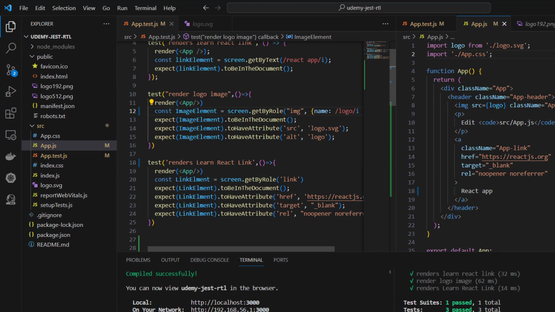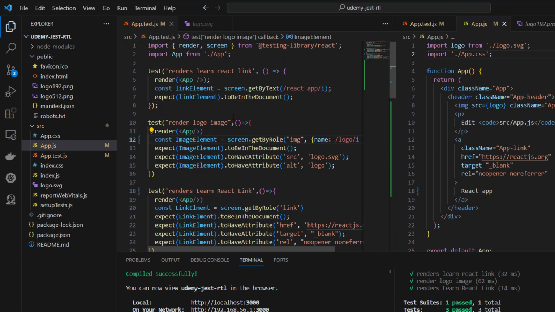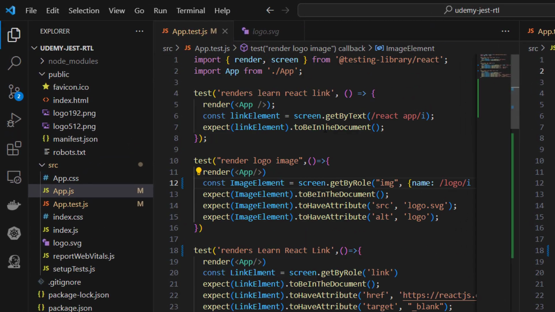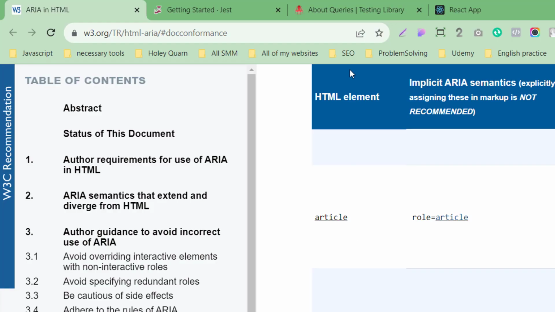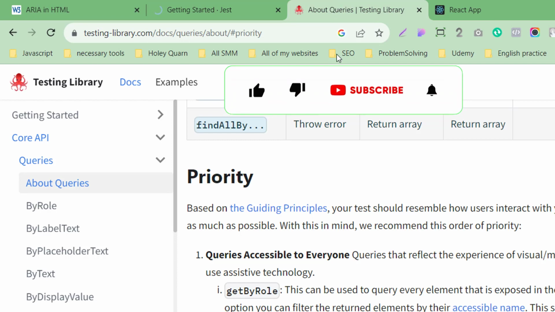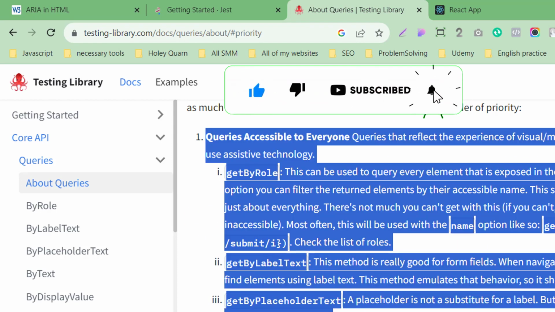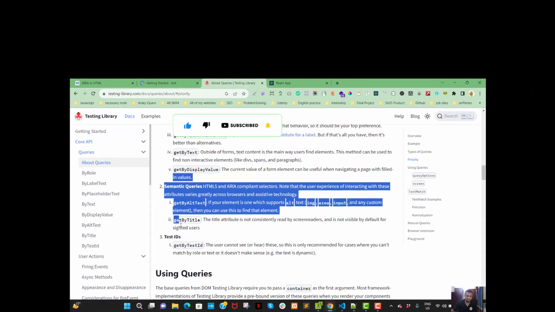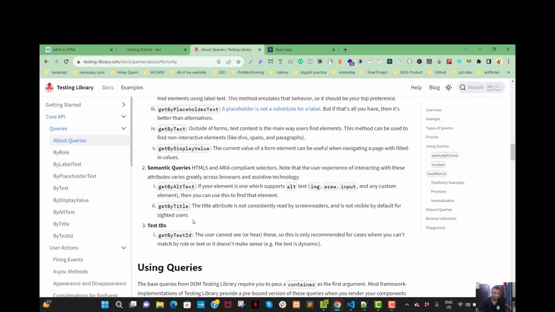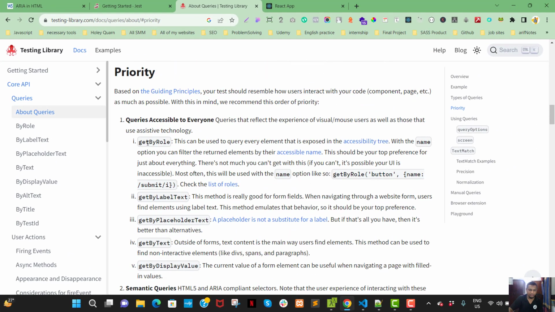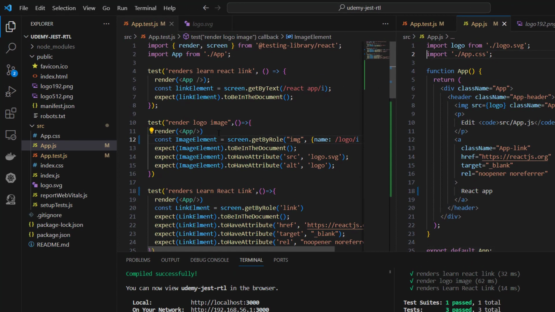Almost everywhere we are using getByRole, and one is getByText. So getByRole is our first priority. I said it to you earlier. This is the first segment, this is the second segment on the priority list queue, and this is the third segment. getByRole sometimes remains confusing because first of all you need to know